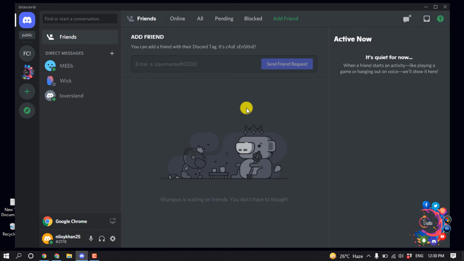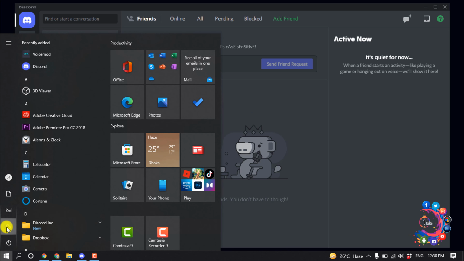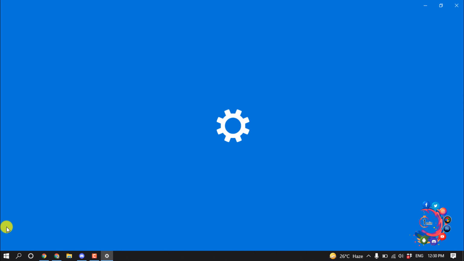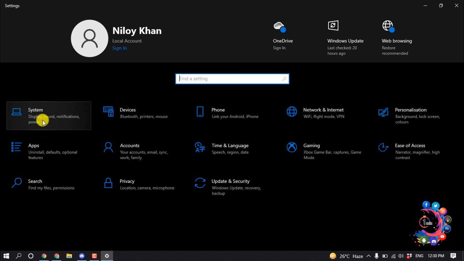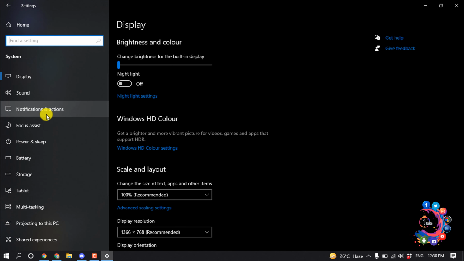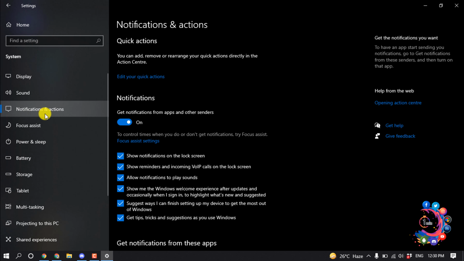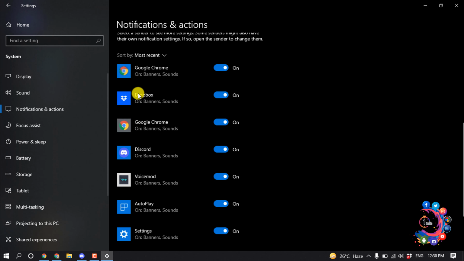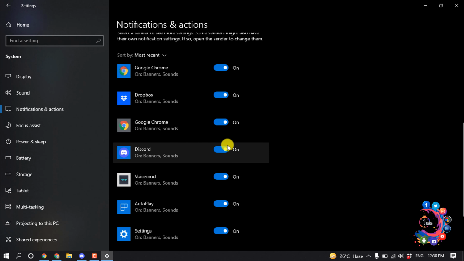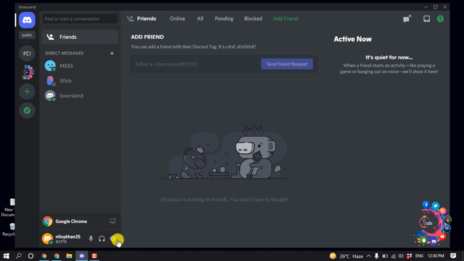And if you're still getting notifications, then open your Windows settings and now click on system and click on notifications and actions and scroll down and search for Discord. Once you get it, you have to turn off notifications for your Discord, and after that open your Discord again